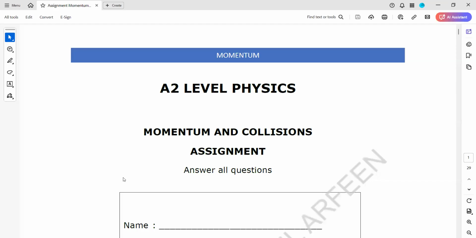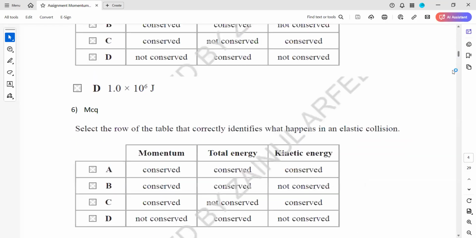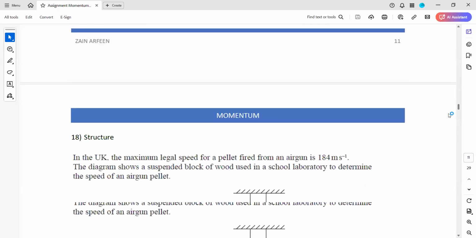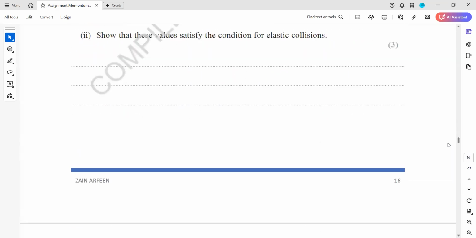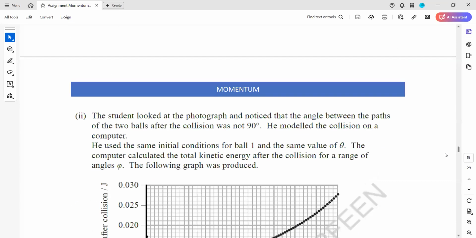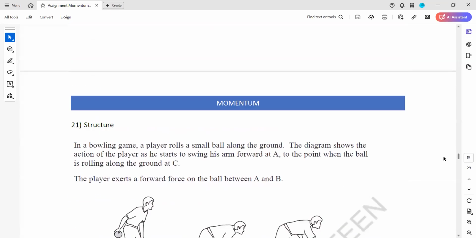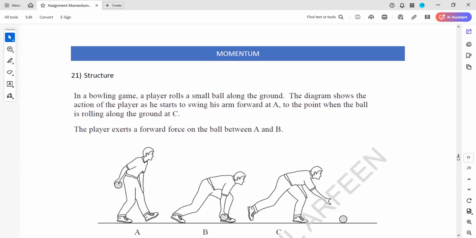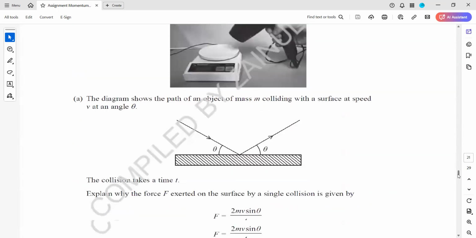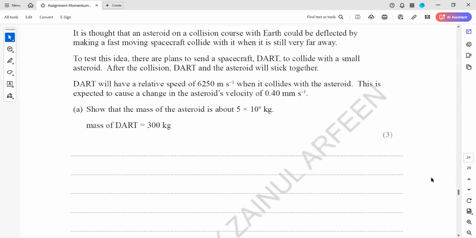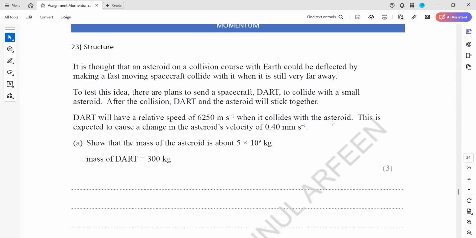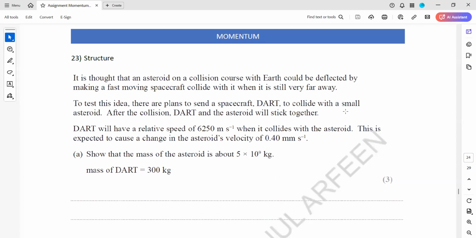So this exercise related to momentum, you have already solved this. Just a quick revision. For a revision, I'm revising this. Question 22, I have recorded. Question 23. In the question,